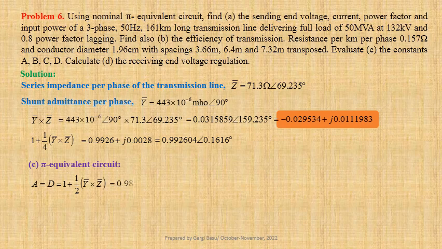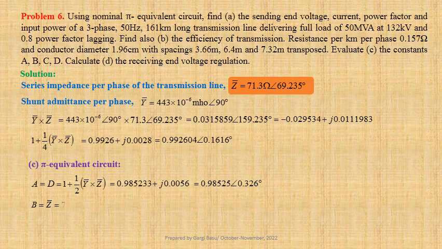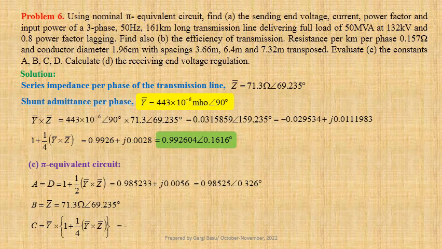For pi equivalent circuit, A equals D equals 1 plus half of YZ, that is equal to 0.985233 plus j times 0.0056. This may be written in polar form as 0.98525 at an angle 0.326 degree. B equals Z, that is equal to 71.3 ohm at an angle 69.235 degree, and C equals Y into 1 plus 1/4 of YZ. Using values we get 443 into 10 to the power minus 6 at an angle 90 degree into 0.992604 at an angle 0.1616 degree. That gives us